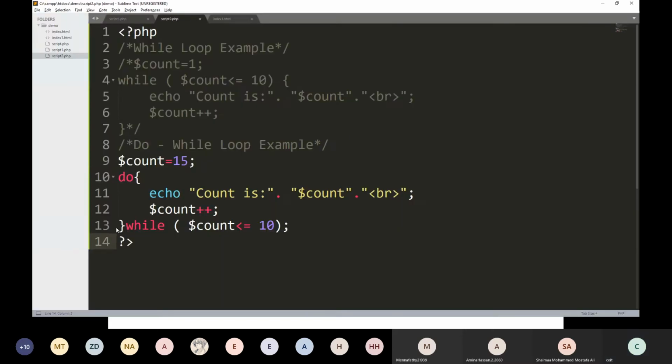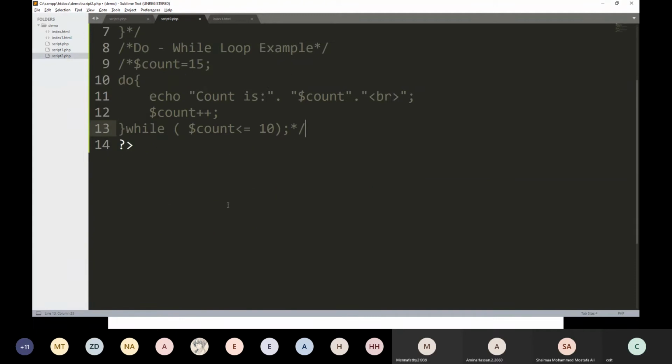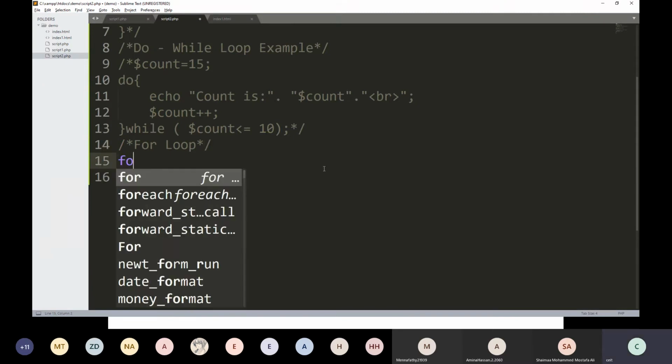Like here, for loop. First, I'm writing for.